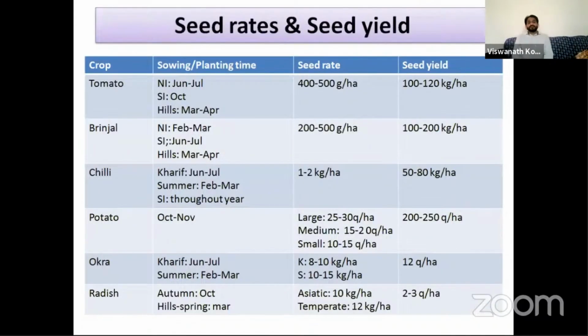I have given the sowing and planting time, seed rate and seed yield of various crops. The seed rate you can take for normal commercial production of fruit and vegetable production also. The seed rate is almost the same for the seed crop and for a commercial vegetable crop. The seed rate and the sowing season are the same, but this is a seed yield, not the fruit or vegetable yield. So the seed yield is different, but the seed rate is almost the same for seed production and commercial vegetable production. You can go through this